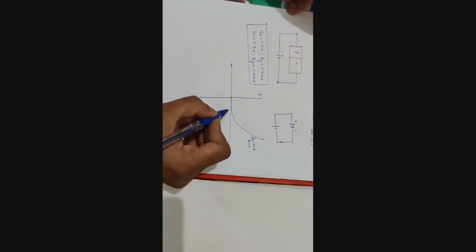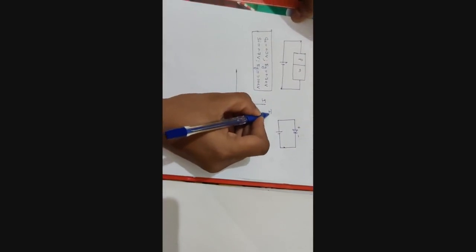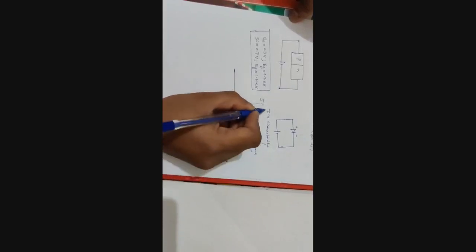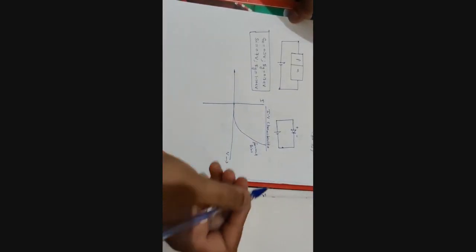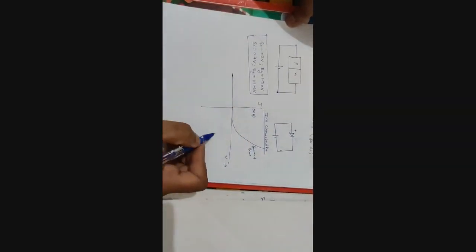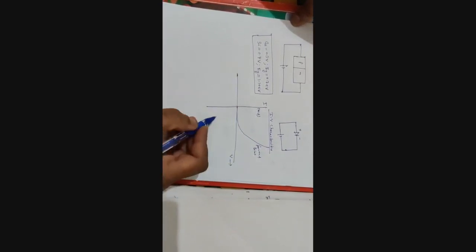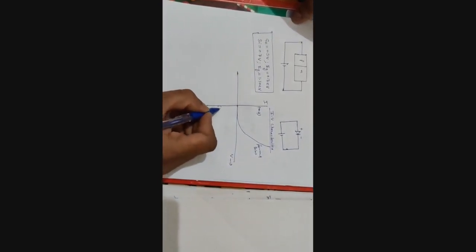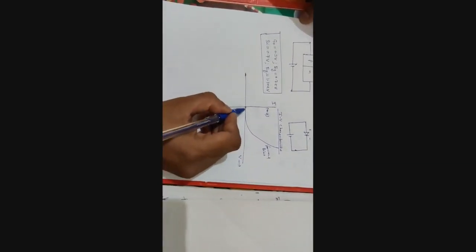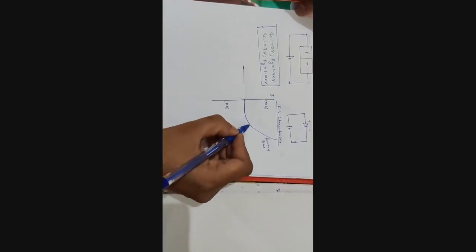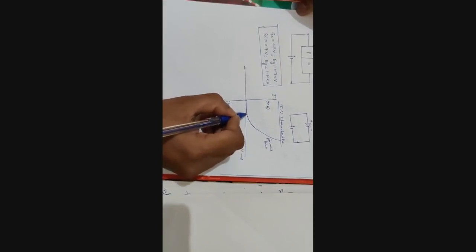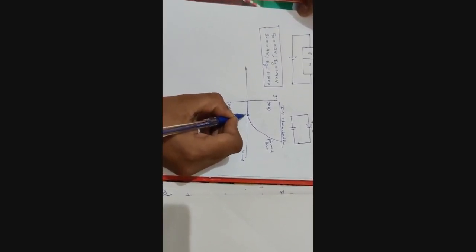So if you make the diagram of the IV characteristics, this is nothing but my IV characteristic of a PN junction diode, right? Here for the forward bias, the current is measured in milliampere, and for reverse bias we always measure current in microampere, right? So this is the curve which I have traced. If I represent this as the operating voltage, knee voltage, here we can take it as